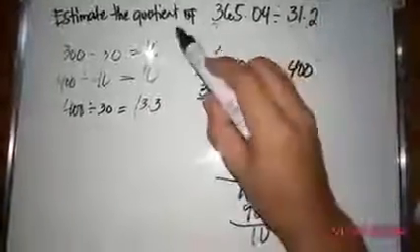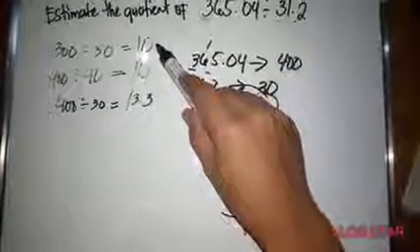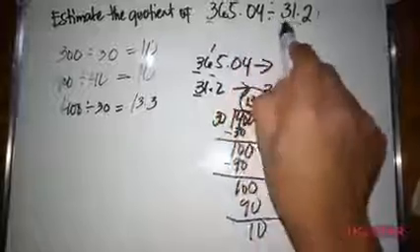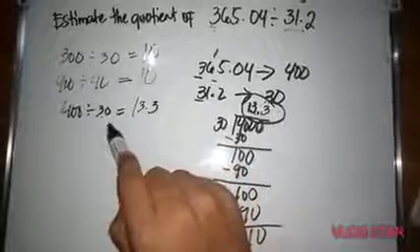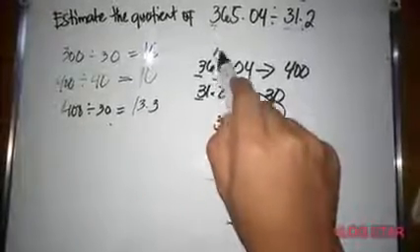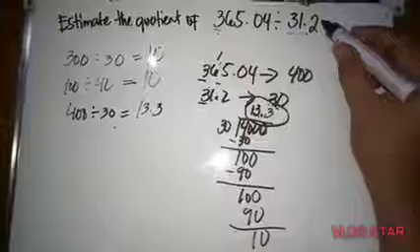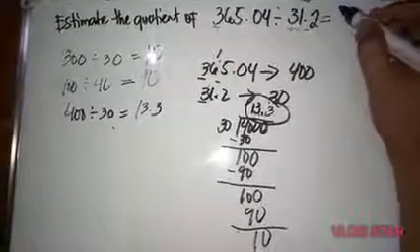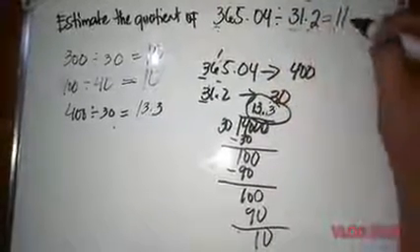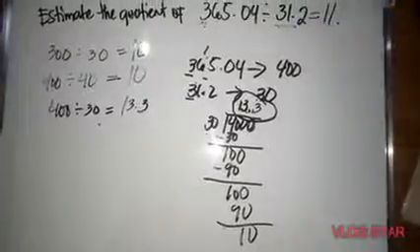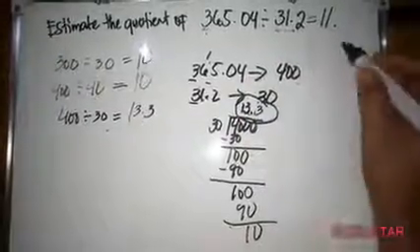So I will repeat. In the first case, we use the round down method for both the dividend and the divisor. In the second answer, we use the compatible numbers. And in the third answer, we use the round up for the dividend and round down for the divisor. And actually, the actual quotient of 365.04 divided by 31.2 is